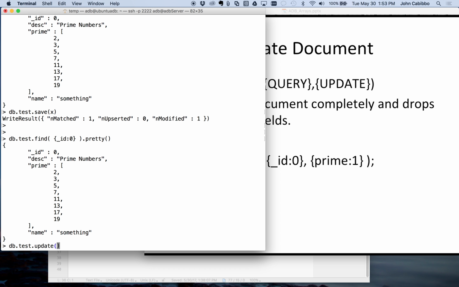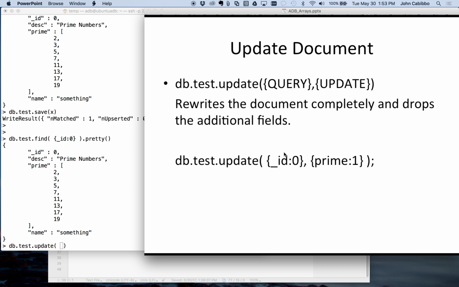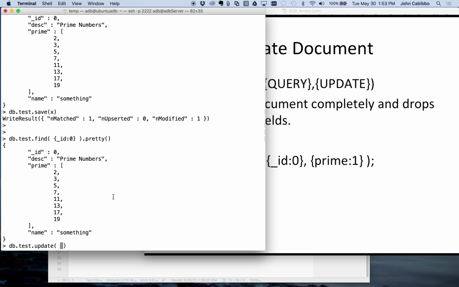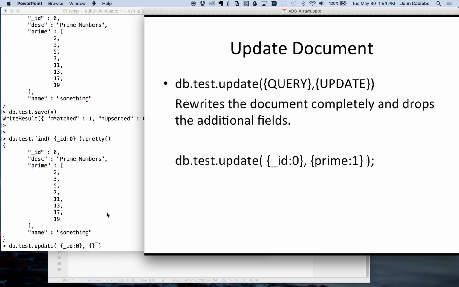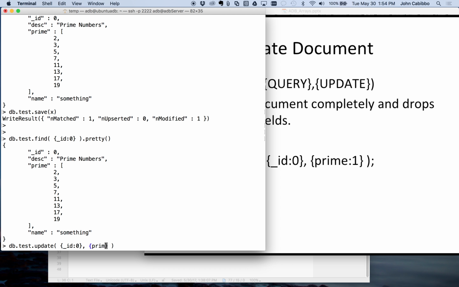Now I'm going to say db.test.update. Now the update, just like when you updated stuff in SQL, has two parts to it. The first part here is the ID, meaning that's the where. So we're going to say on the test collection, do an update to the record where ID is 0. This is a where. So we're going to do that same thing, and I'm going to say where the ID is a 0. Now the second argument is what are we updating? And if I go over here and say prime: 1,